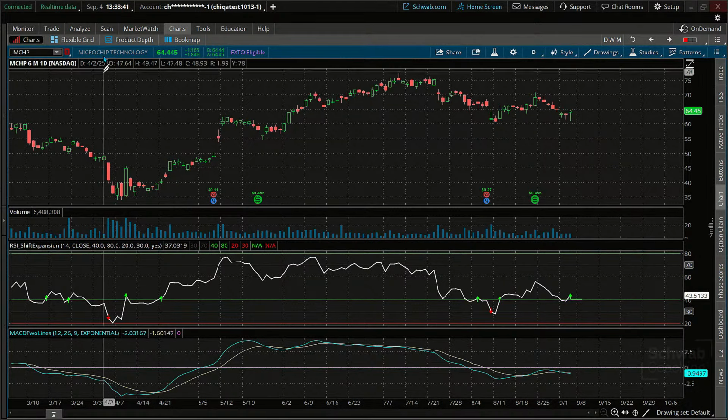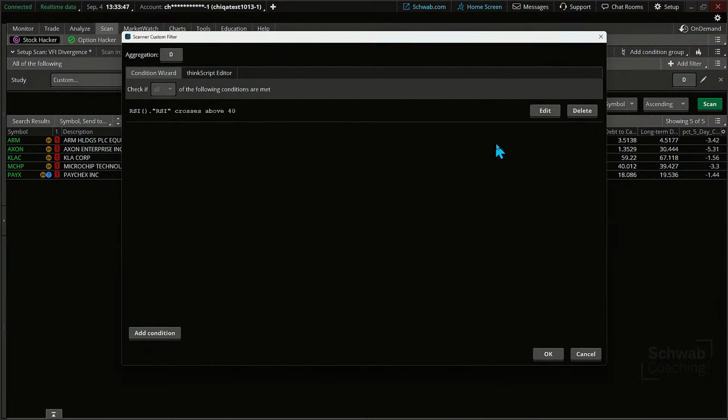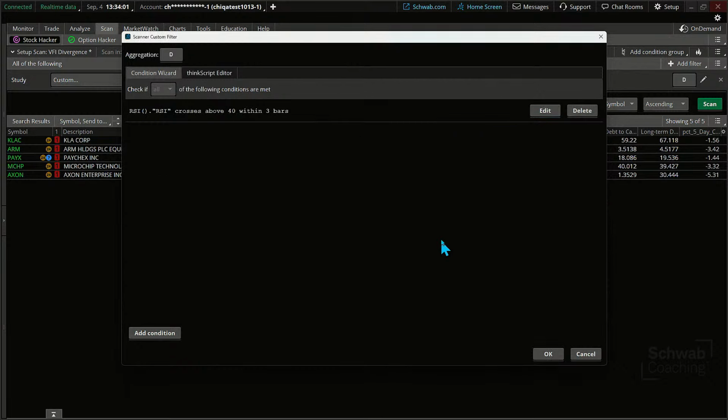All right, well, let's jump back to it now. Let's put it in, since we're not quite done with it, and we need to add to this a little bit. By the way, what we want to do over here is say we had the RSI cross, because we're saying this has got to be within 3 bars. Now, we're going to get a little bit of room, because sometimes we might not get the MACD happening before, but it could happen after. It could also happen before, but we're going to add one more condition in here.